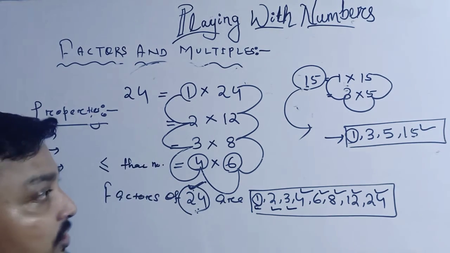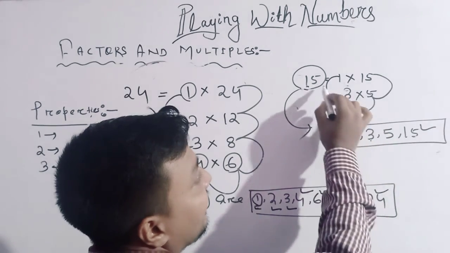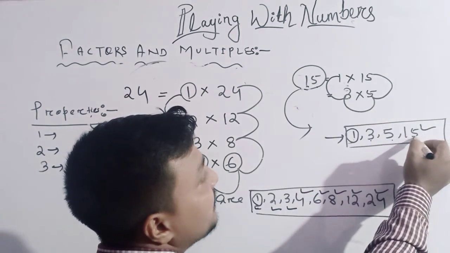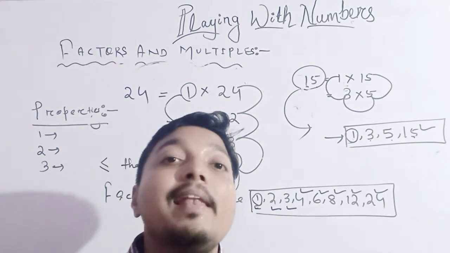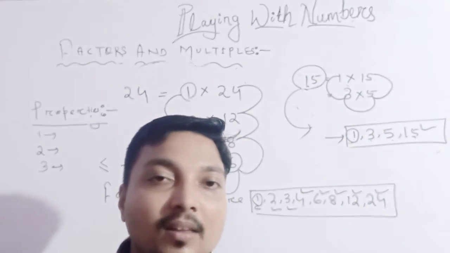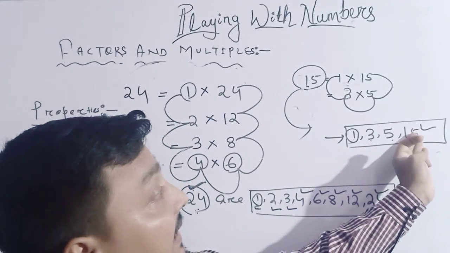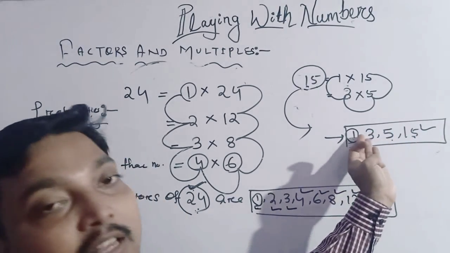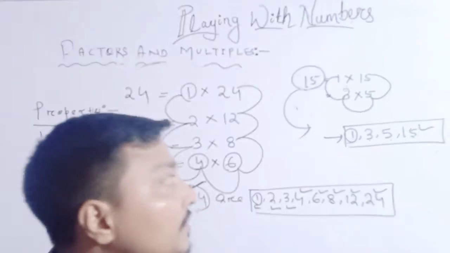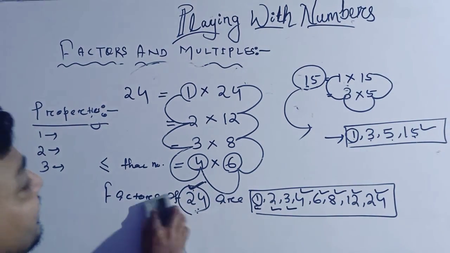Ready? So here you can say this factor is less, this factor is less, this factor is less, and this one is equal. So the factor of any number will never be greater than that number. See, a factor of 15 is not greater than 15. So either it will be equal, otherwise it will be smaller. Understood? Another point I am saying, but for the derivation of this point, I want to erase the space.